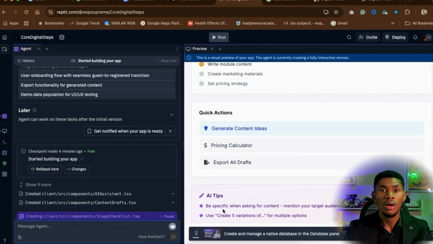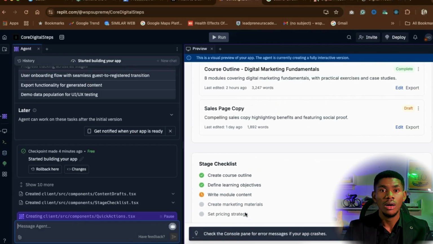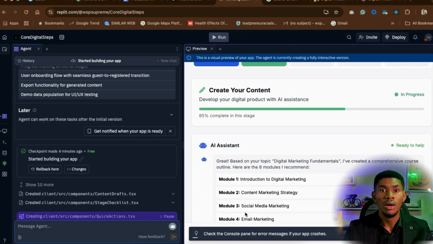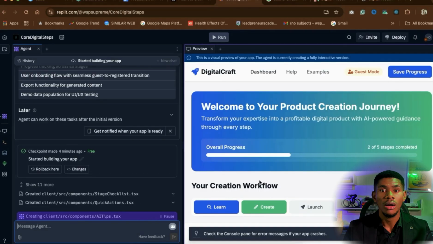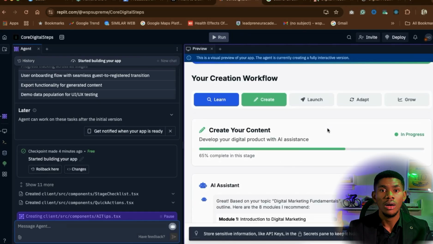Now, see some tips here. Be specific when asking for content. Mention your target audience. Use create file variation, and so on. So just giving you some tips. Meanwhile, I'm sure by the time I'm done with the first version of this app, not necessarily inside of Replit, but inside of Windsurf, where I'll really create the back end, the logic behind it, the prompts,